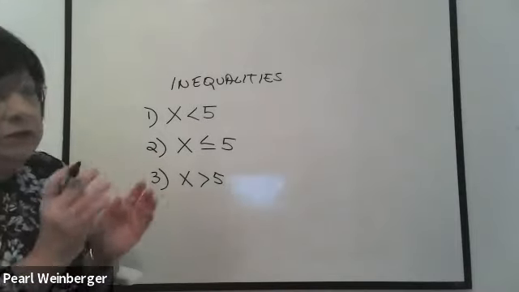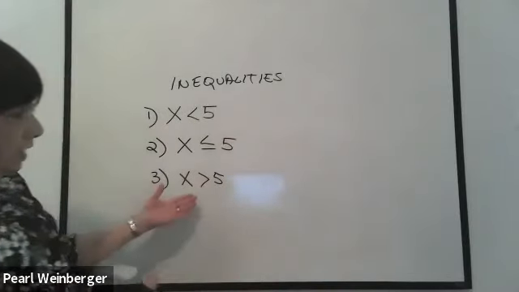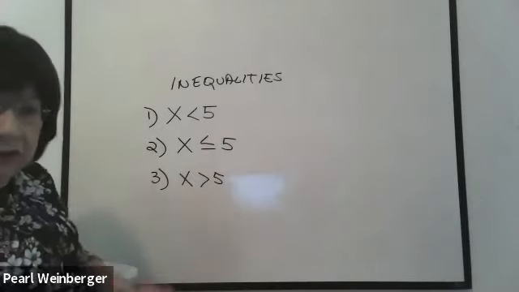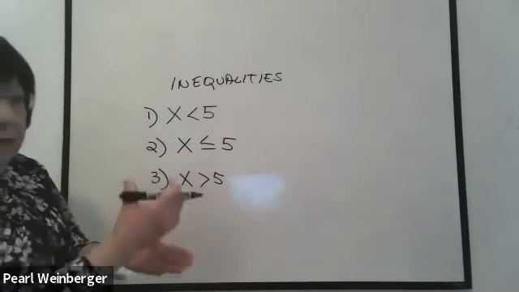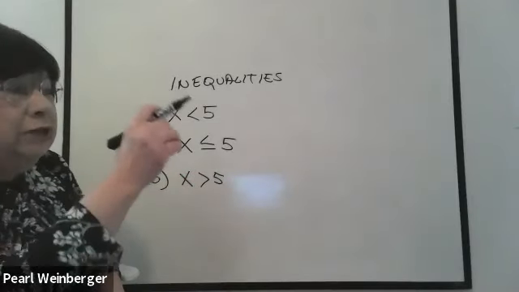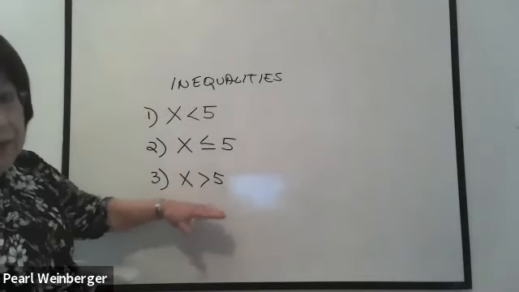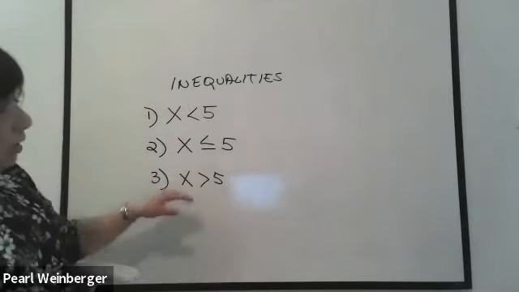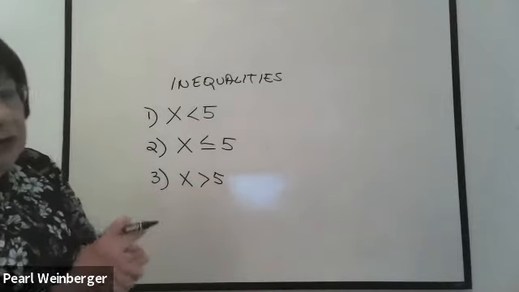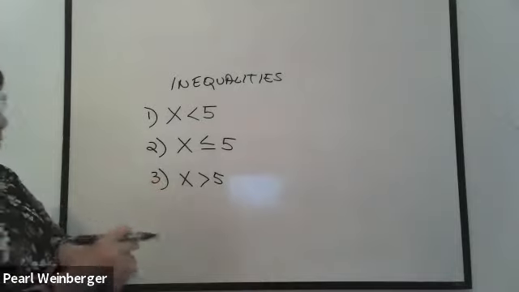Notice an inequality is not a single answer. It's a whole slew of answers. To say x is greater than 5, for example, means it could be 6 to infinity. 7, could be 2 billion. It even could be 5.0001. In other words, it could be a fraction or a decimal also. Any number bigger than 5. And you know that there is an infinite number of ways.